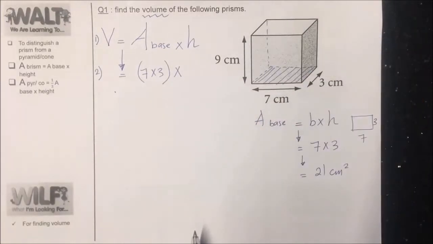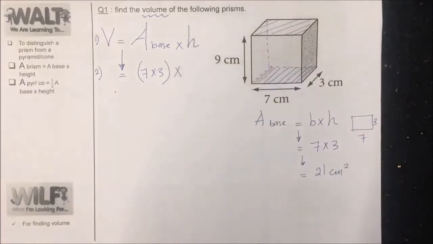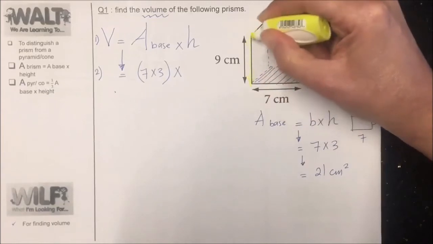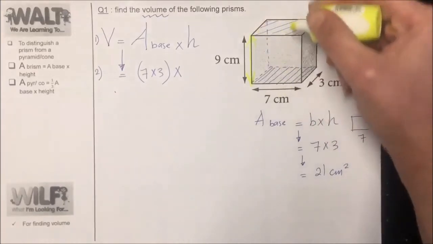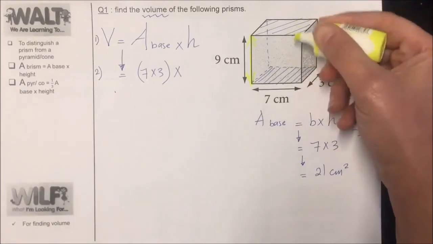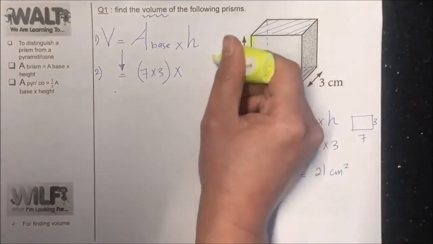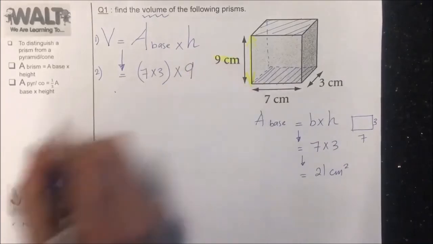Where is the identical face to it? It's this one, which is the top. Where is the vertical distance that connects the 2 identical faces together? It's this one. So the distance between the 2 identical bases or the 2 identical faces, the base and the identical face to it, which is the 9 centimeter. So times 9,